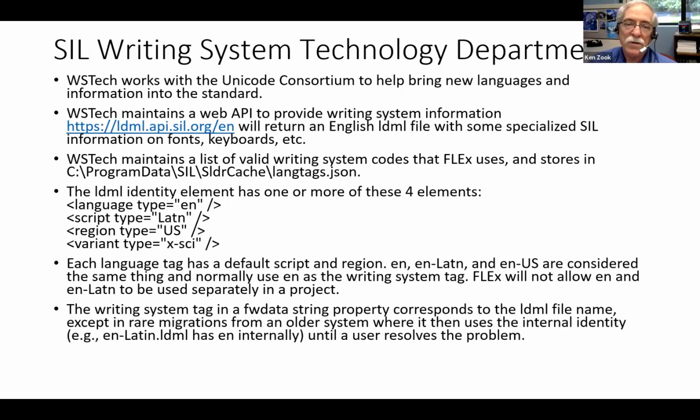WS Tech, that's writing system technologies, works with the Unicode Consortium to help bring new languages and information into the standard. WS Tech maintains a web API to provide writing system information. You can see the URL there. And if you use that one right there, it will return an English LDML file with some specialized SIL information on fonts, keyboards, etc. And WS Tech maintains a list of valid writing system codes that Flex uses and stores